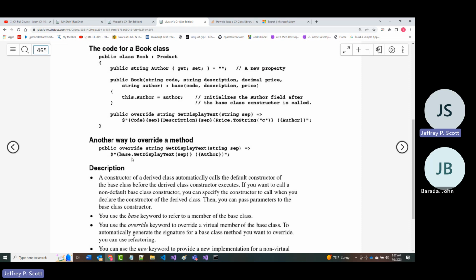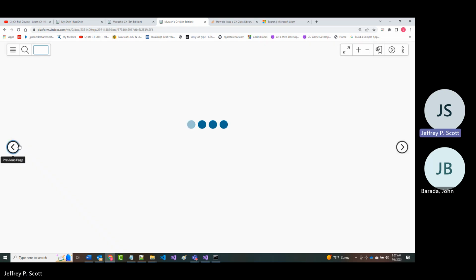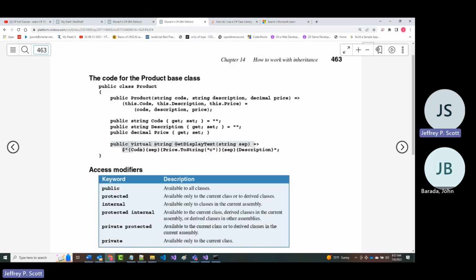But here, we've got base.getDisplayText. What this is doing is basically the equivalent; in fact, it's calling this right here.